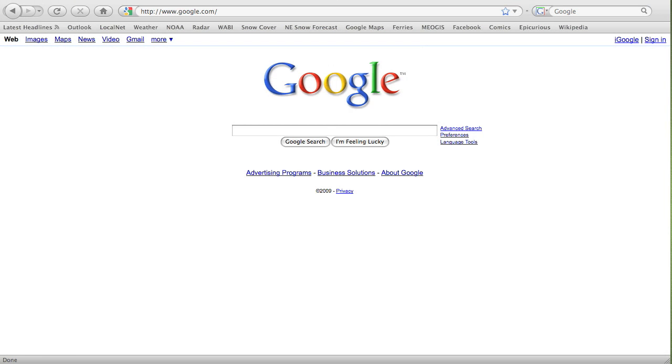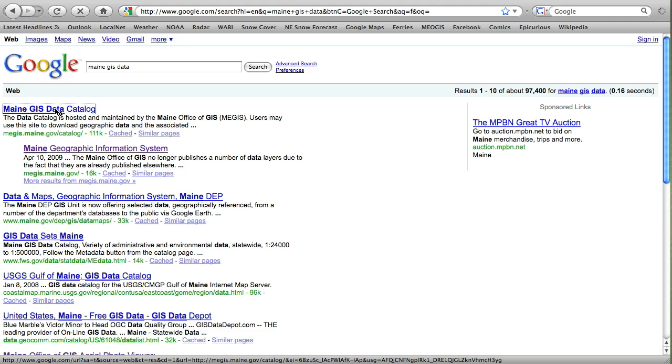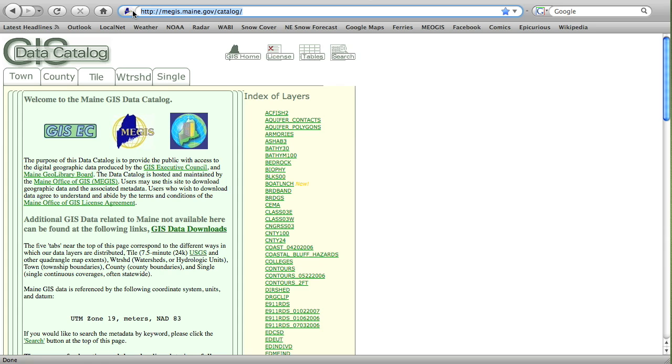The Maine Office of GIS hosts a data catalog that serves as an excellent source of data for the whole state and for your own town. If you do a Google search for Maine GIS data, the first result will take you to the site. Or to go to the site directly, you can go to